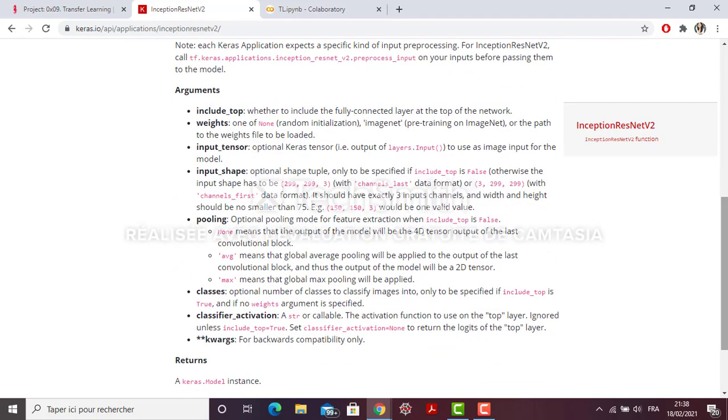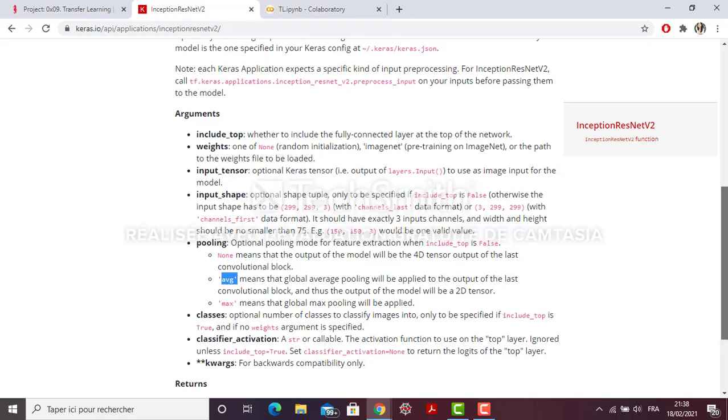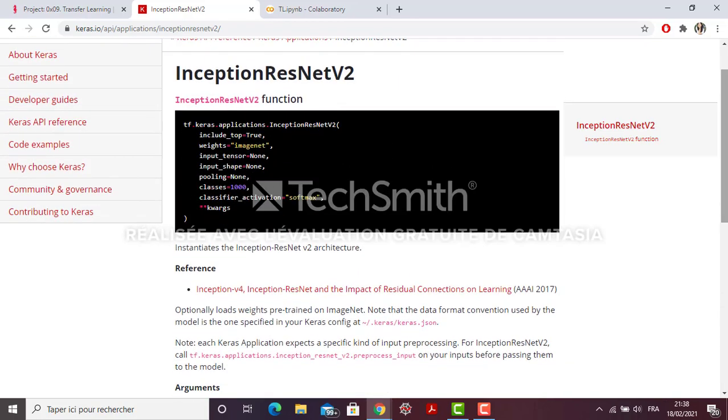The pooling says whether I'm going to keep the max pooling or average pooling layers, or remove it with the classification part. I'm not going to take the pooling layer, but I'm going to add it later on.